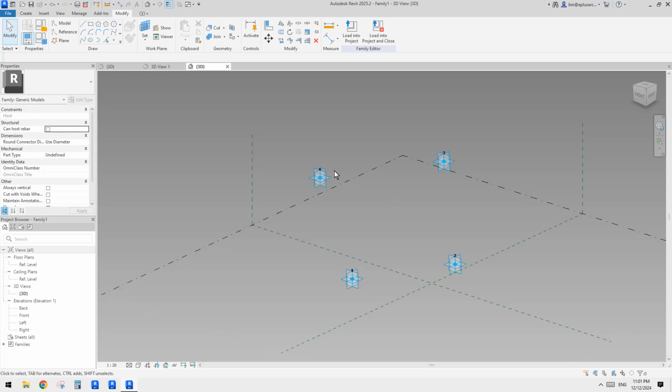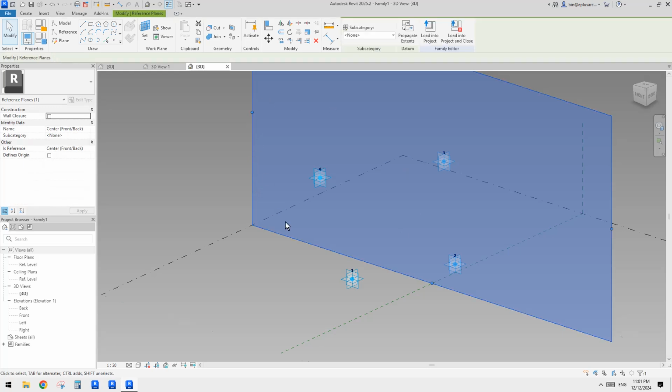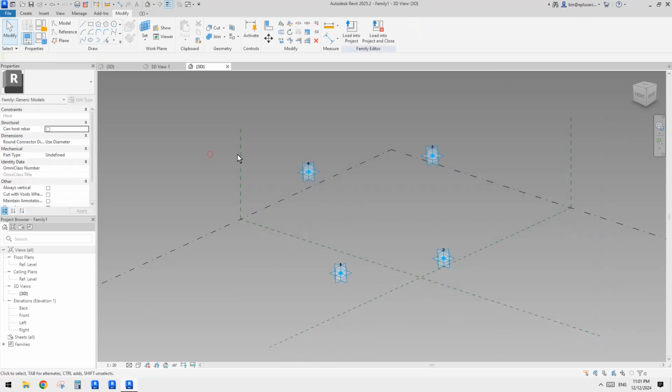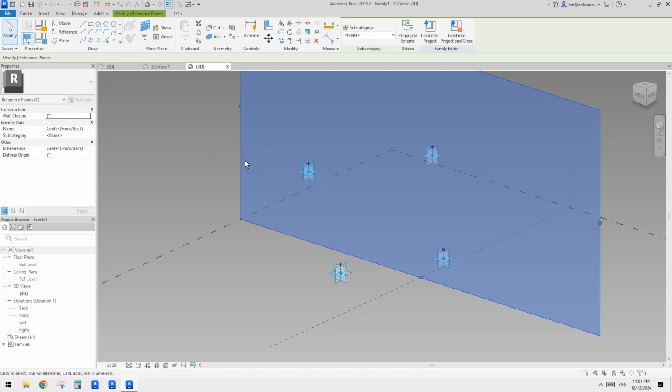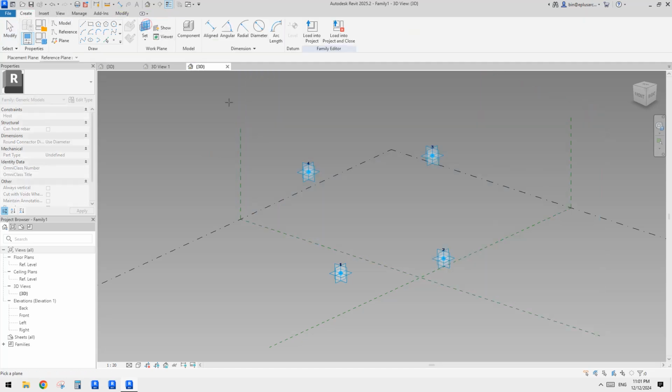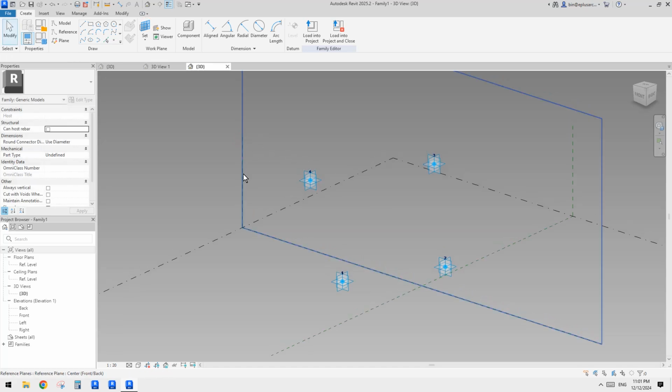First, pick this vertical work plane. This one is a default one, it's already here, right? Picking this one means setting the work plane. Or you can go here to Create, Set Work Plane, and then pick this one. Now the current work plane is on this vertical